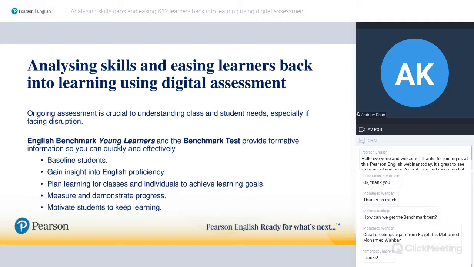And I think, again, for me, one of the key things is to motivate students to keep learning. If you can see they're making progress, even small progress is better than having no information whatsoever. And that really is what the GSE can do, and it's what this assessment can do as well. It's motivating learners to keep learning and at the same time providing a fantastic amount of data and information to the teachers to help make teaching more effective.